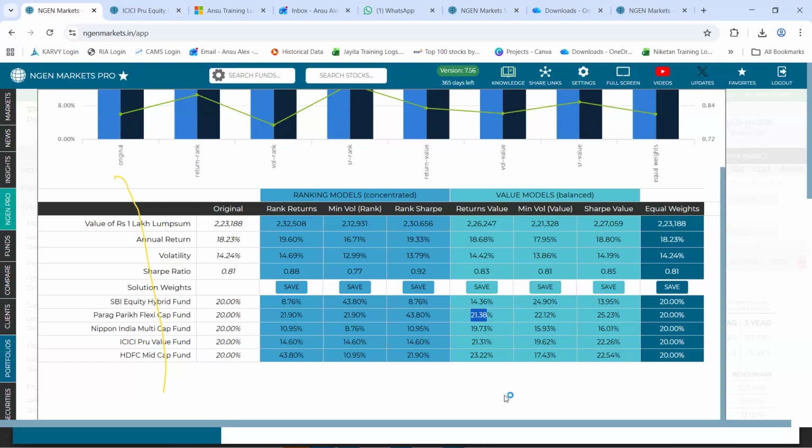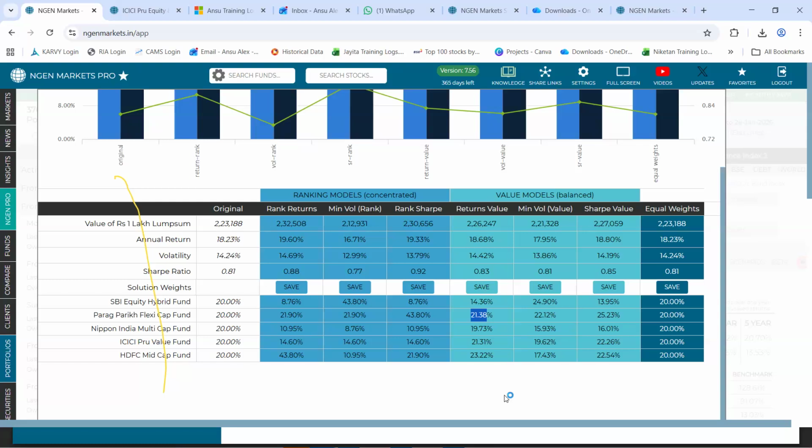So the value models directly kind of show you what the actual return is like. The ranking model doesn't care about the difference between the first and the second and the second and the third. It is just purely based on rank, first, second, third. The value model, however, will represent more accurately what the actual return was. And because of that, it comes out as more balanced.